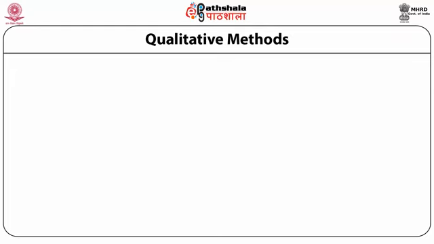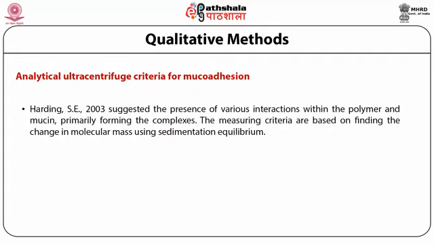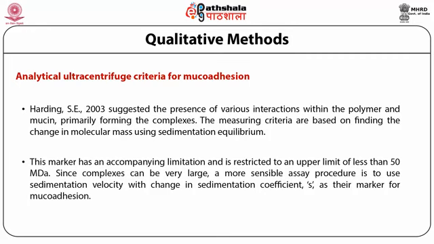The next method in line is headed as Analytical Ultracentrifuge Criteria for Mucoadhesion. The scientist Harding S.E. in 2003 suggested the presence of various interactions within the polymer and mucin, primarily forming complexes. The measuring criteria are based on finding the change in molecular mass using the sedimentation equilibrium. This marker has an accompanying limitation and is restricted to an upper limit of less than 50 mDa. Since